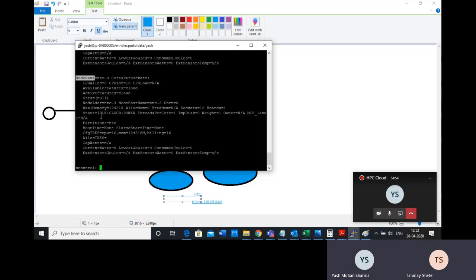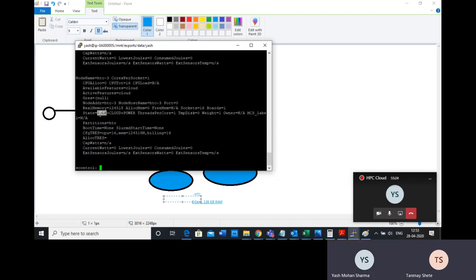So that state is here. When the state says idle plus cloud plus power, this is a complex state. Generally in your premises, say at TIFR, if you run the HPC, then you will see either idle or occupied, something like that.